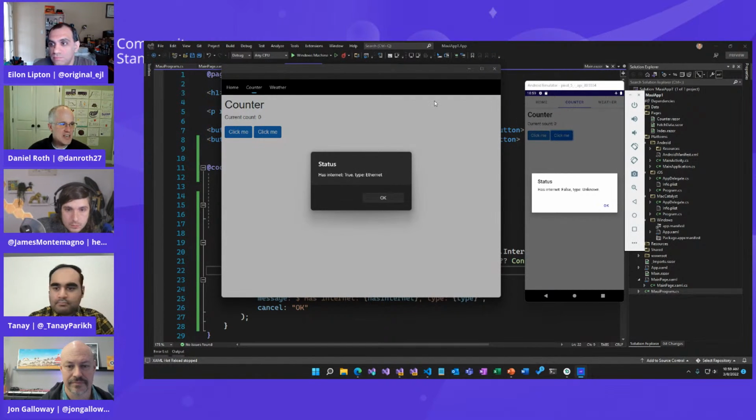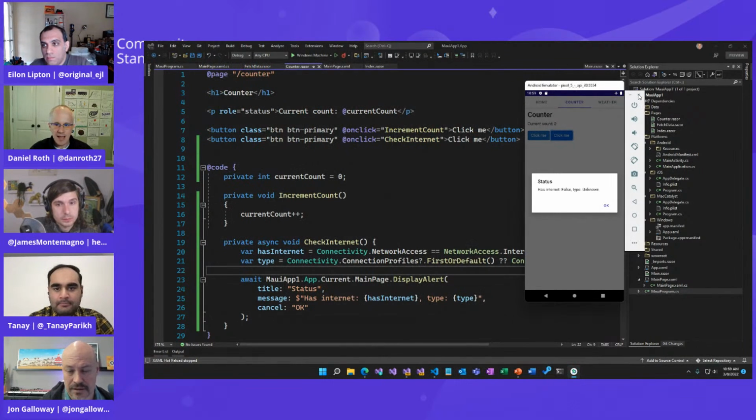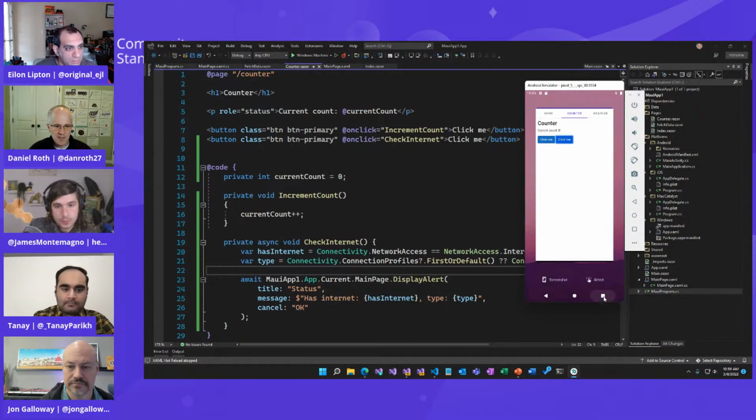Cool. So we've seen native here. We see desktop and we see mobile. And the question is, well, presumably this can also do web, right? Because I'm doing Blazor, so I should be able to do web as well. So I wanted to show that real quick, that you can absolutely take the same UI and share it across your native clients, mobile and desktop, as well as web. Let me go ahead and shut this app down. I'm going to move over to